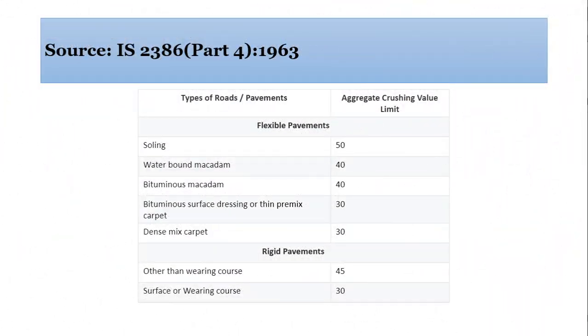So the limits of crushing value: for soling 50%, for quarter pound marketing 40%, and as shown in the slide, these are the aggregate crushing value limits